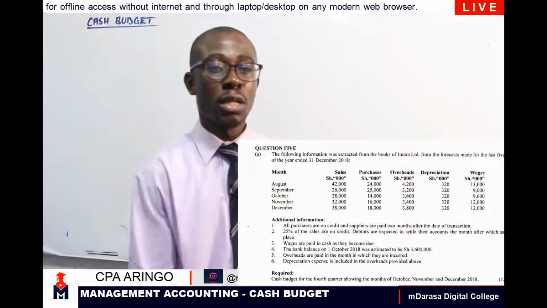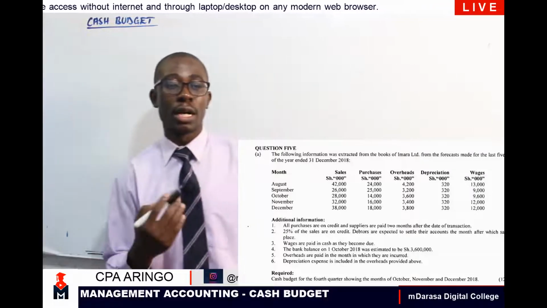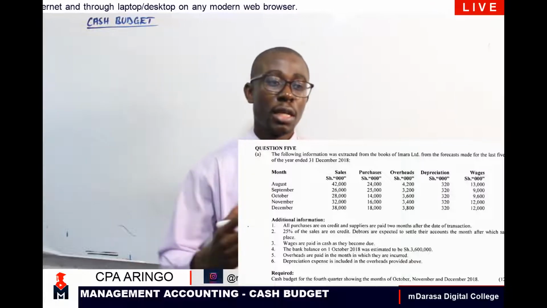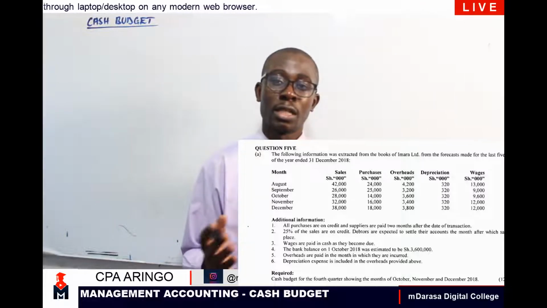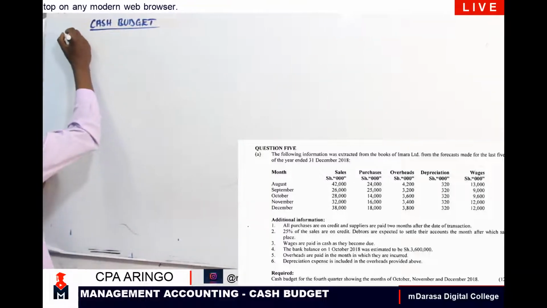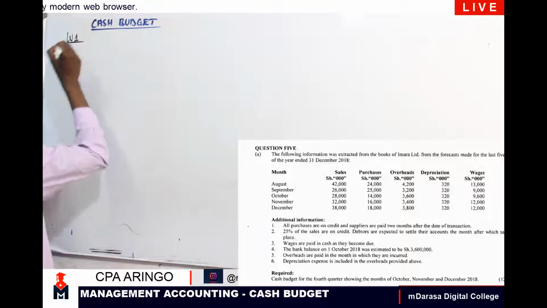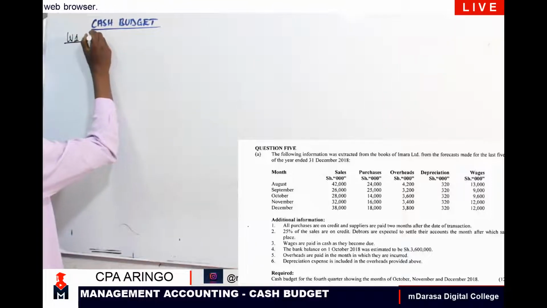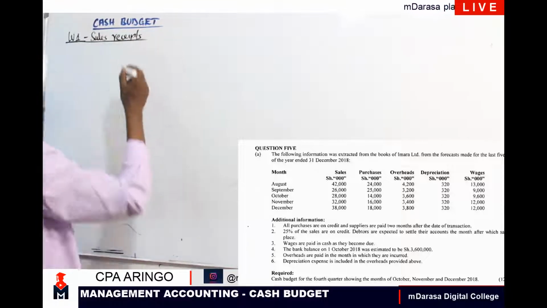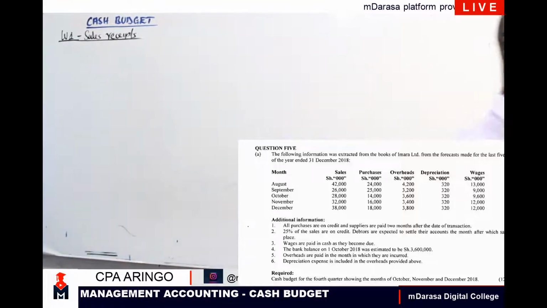So first thing first, at this point, I know very well we need to prepare our cash budget. So I need to ask myself, what are our receipts in terms of the sales? How much did we collect in form of cash? In relation to our sales. So that should take us straight to working number 1. At this point, I want to compute what? We want to compute our sales receipts, to determine how much we will be collecting in form of our sales, the cash that of course we have sold.